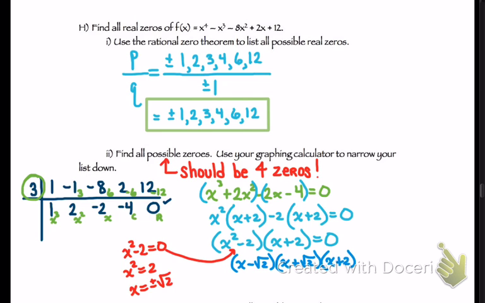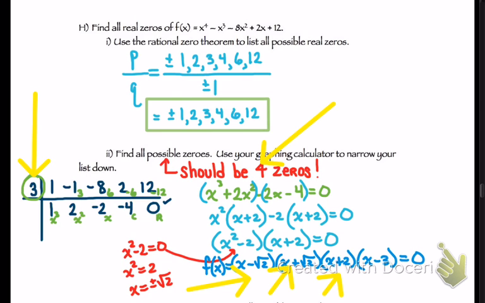Sometimes I might ask you, tell me what the completely factored form would look like. Think about that. Completely factored, there are your three factors, but you know that there should be 4 factors. Where is the 4th one? How do I get that 4th one? Well, that 4th one has to come from this guy right here. How do I do that with the positive 3? Well, I'm going to tack on the x minus 3. Okay, so if I do that,